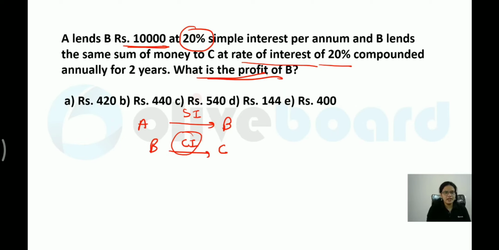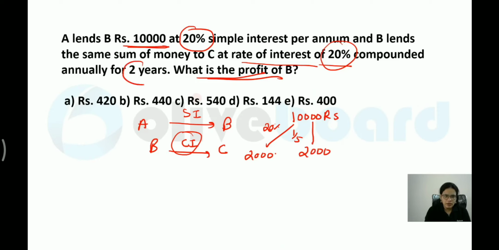Okay, again using the tree diagram, this question becomes really easy. So how will you do this? Principal value is 10,000 over here. On this, they are telling you 20% is the rate of interest. 20% is nothing but 1 by 5. You can calculate this is 2,000 rupees. Similarly, you can check this is again 2,000 rupees. Now they are talking only about 2 years. So you have to draw the diagram for 2 years over here. If you take 1 by 5 of this, it is 400 rupees in this case.